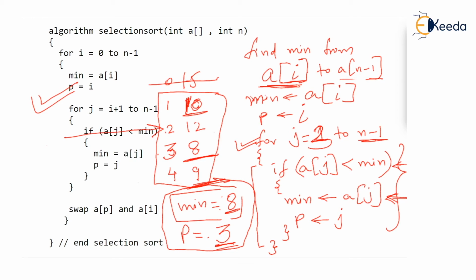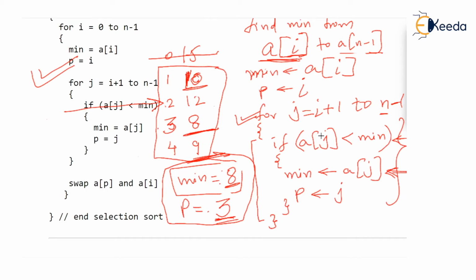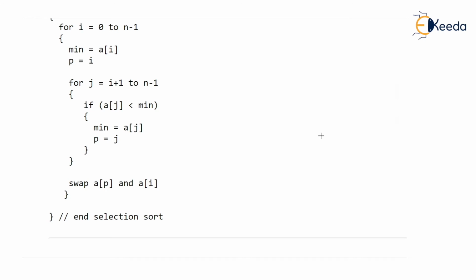So position is I. And what will J begin with? J, the for loop, will begin with I plus 1, isn't it? The next location, it will begin with I plus 1 and go up to n minus 1. Definitely this for loop is going to find out minimum from ith place to n minus 1th place. Okay, assume that you have found out minimum from ith place to n minus 1th place. You have understood this now. I assume that. So now come back to our algorithm. This is so easy now. This is so simple.